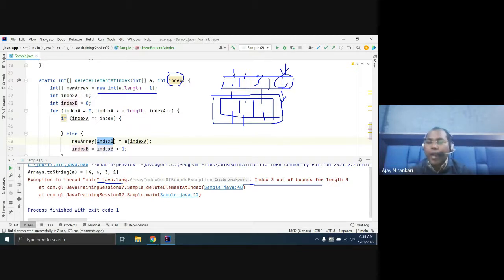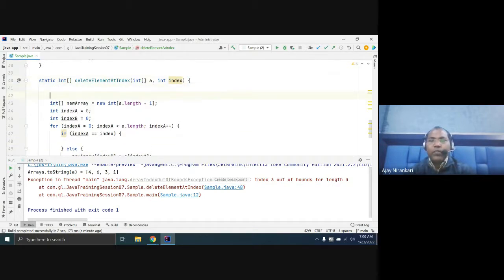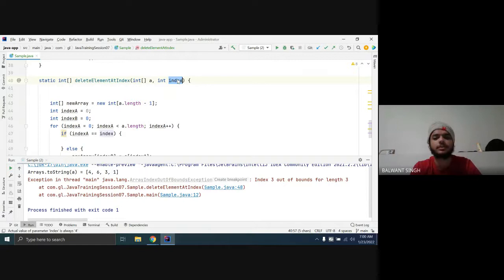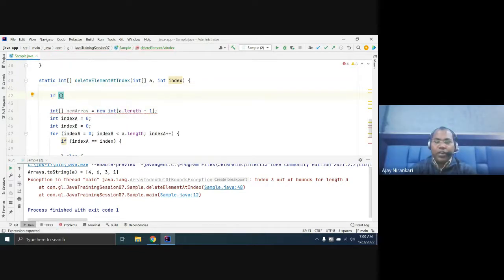So you have to add some check here first. We will check if the index is less than a dot length.